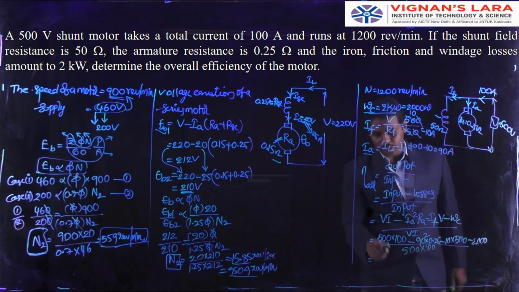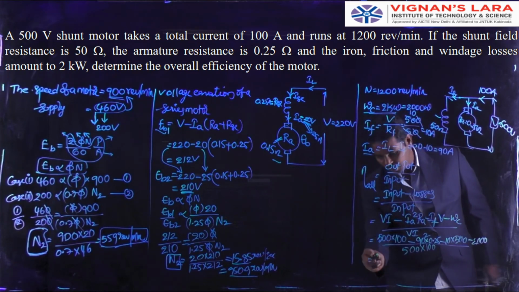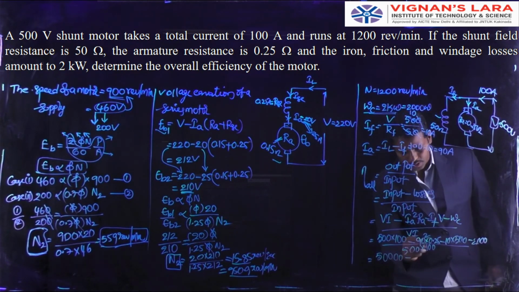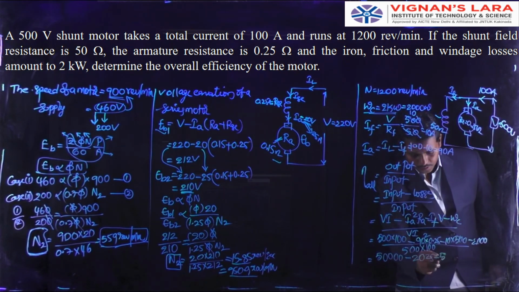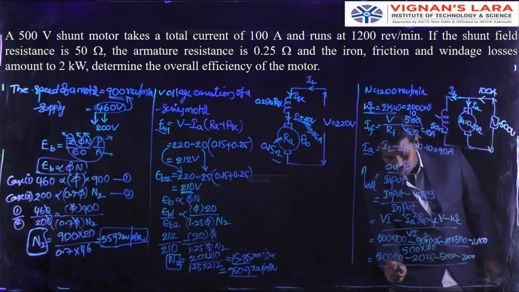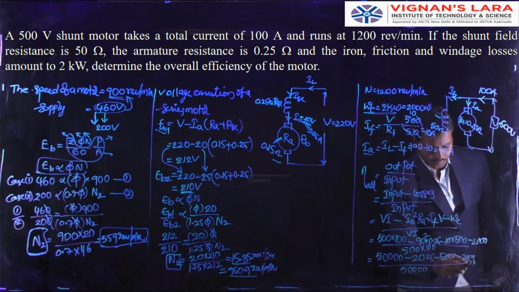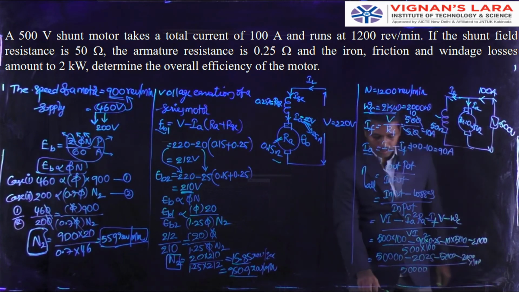So finally, 500 into 100 is 50000, minus 90 square into 0.25, which is 2025, minus 10 into 500, which is 5000, minus 2000, divided by 500 into 100. So finally the efficiency